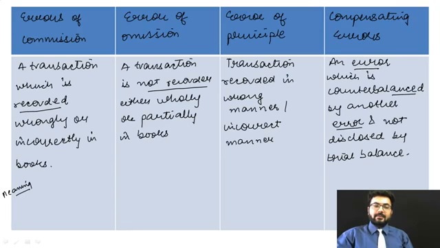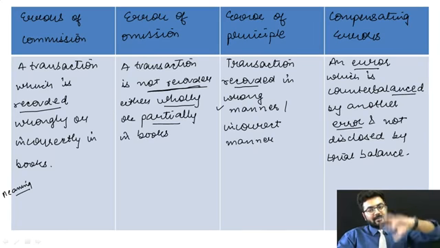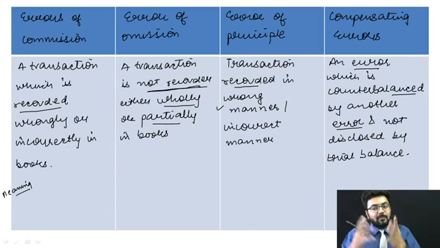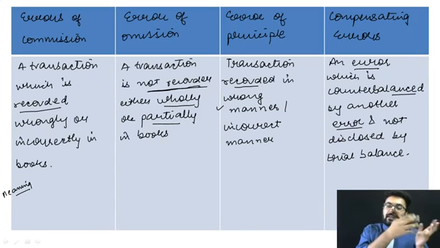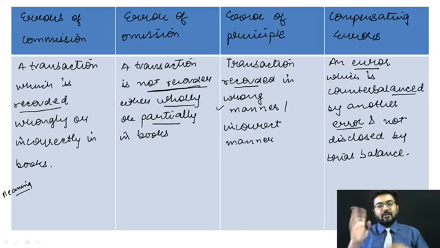This has been recorded, but this has been recorded incorrectly. This has not been recorded, either some part has not been recorded or the whole transaction is not recorded. Over here the transaction has been recorded, but in a wrong manner. What was supposed to be debited has been credited. Over here there is an error which has been counterbalanced. That means an error has occurred, but it has been counterbalanced because another error has occurred, and you have basically no effect on your trial balance, which shows the balances of everything.